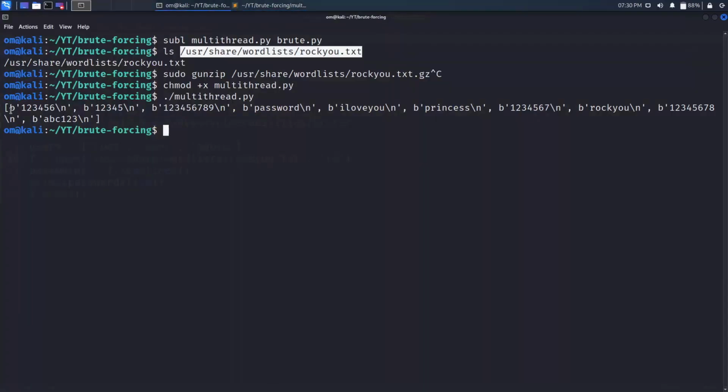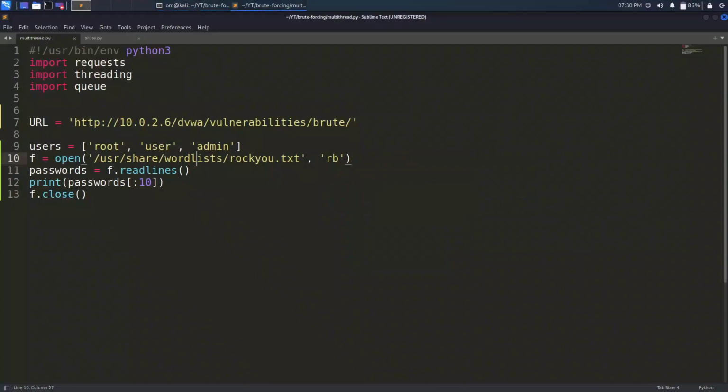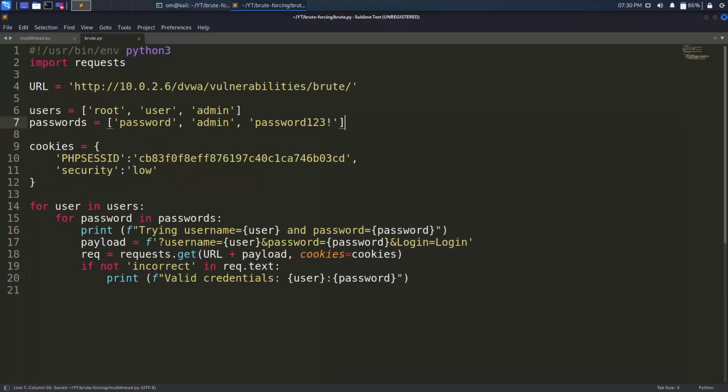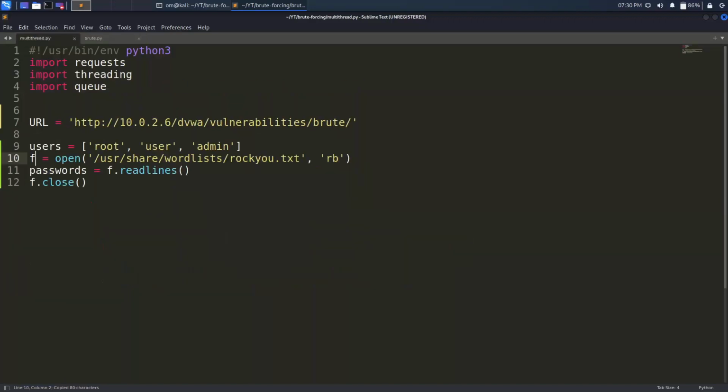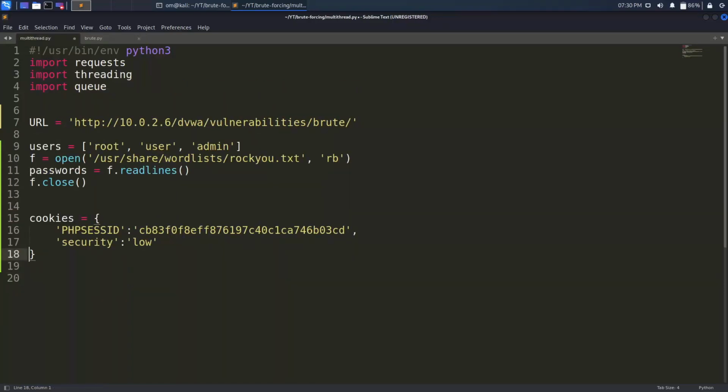So these are the first 10 passwords, and you can see that there's a new line character at the end of each, so we will have to make sure to strip it before sending it in our request. So we can delete this print statement and we have our passwords. Next we have the cookies, and the security low we can leave as is, but we will need to change